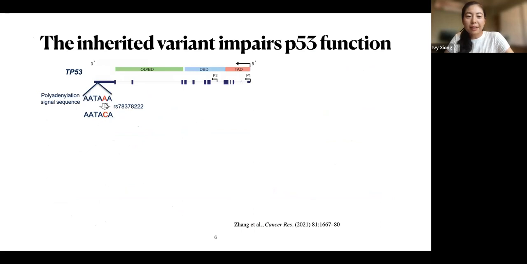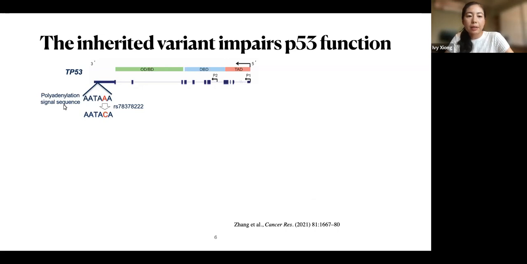So I did find out there's one variant. I'm going to just jump into that for your kind of narrative. So this variant is an A to C mutation in the population. This mutation, or genetic variant, is located in the 3' UTR of the PP3 gene body and is in